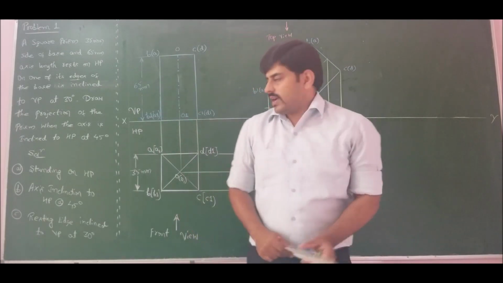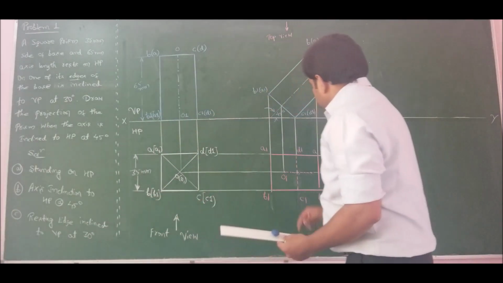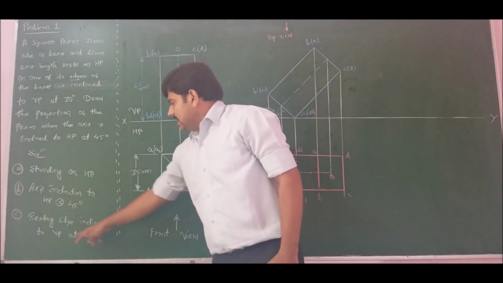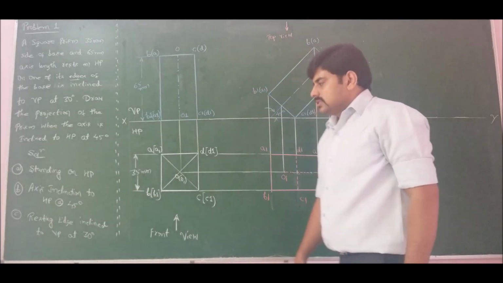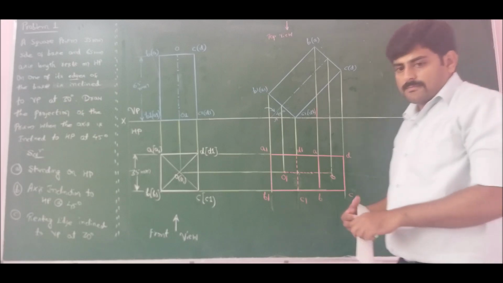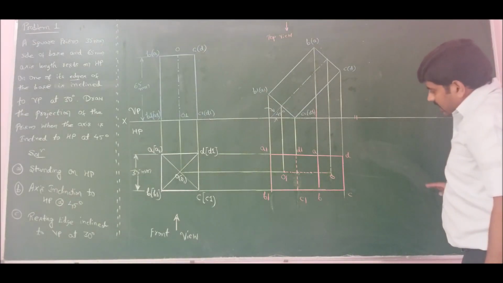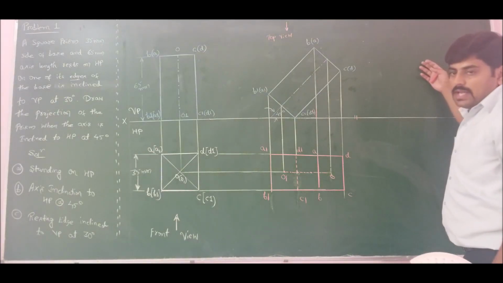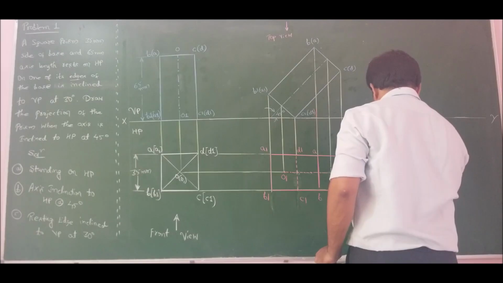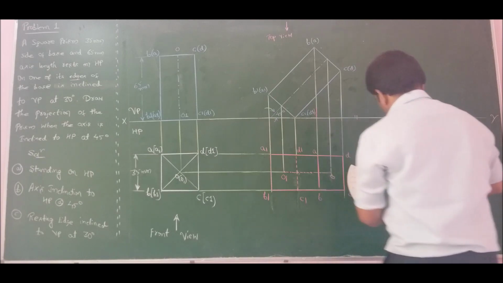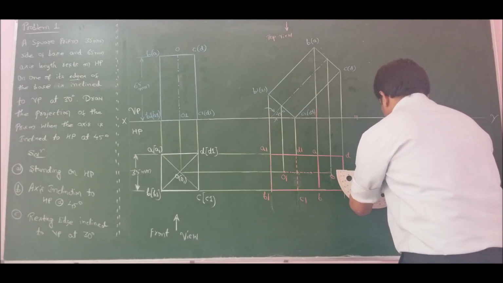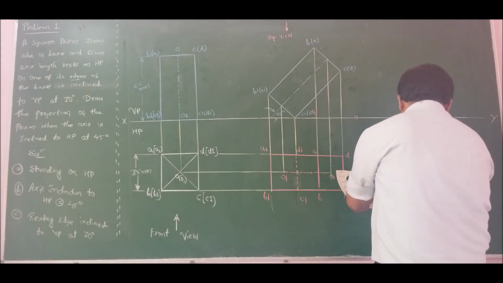So now finally I should pick this and rotate in such a way that the resting edge is inclined to VP at an angle of 30 degree. So therefore, first let us draw a line inclined at an angle of 30 degree. If we draw a line at an angle of 30 degree, the diagram will enter the vertical plane. So therefore, take a parallel line and offset it, mark 30 degree.